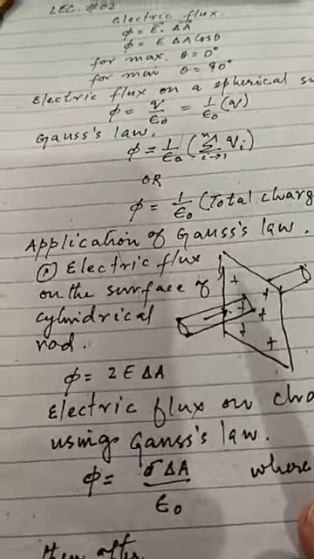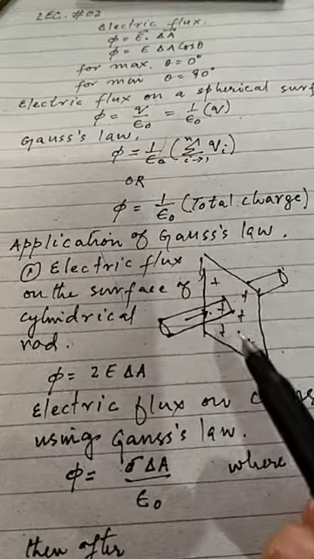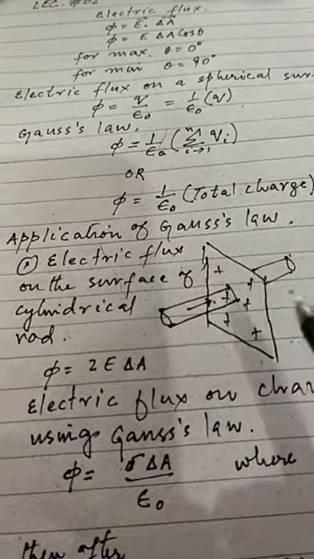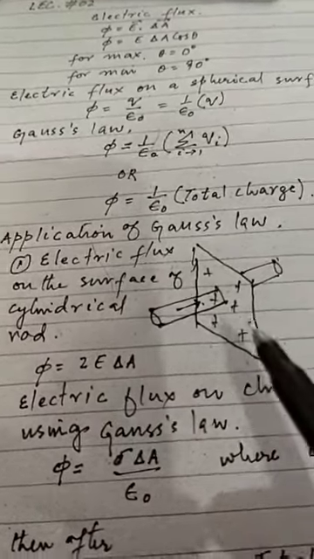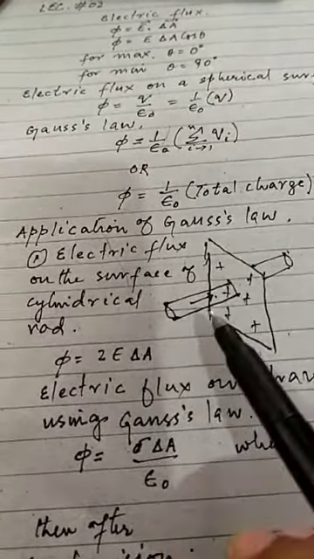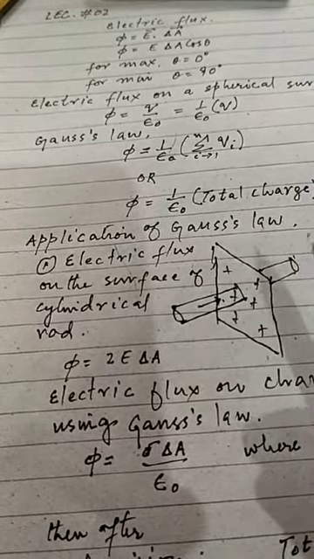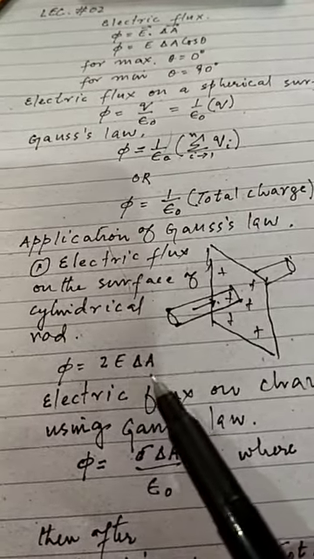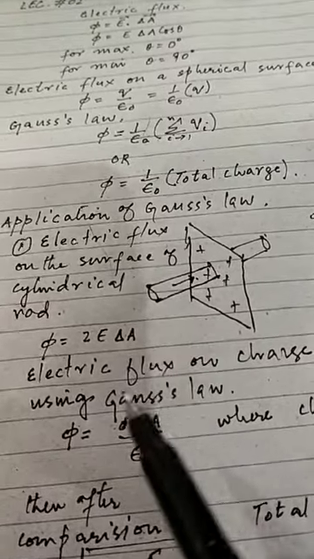In application number 1, you have to calculate the electric field intensity on a large positive charge sheet. In this requirement, first of all, you have to calculate electric flux on the surface of a cylindrical rod which is passing through this sheet in the same direction as the electric field intensity. And you have calculated phi is equal to 2E delta A. After this step, you will go